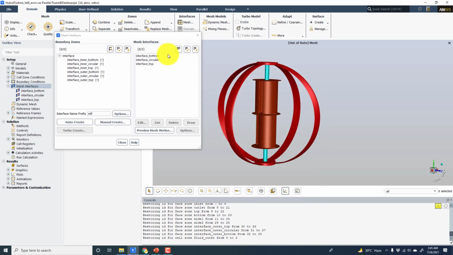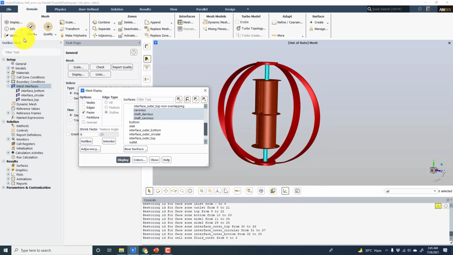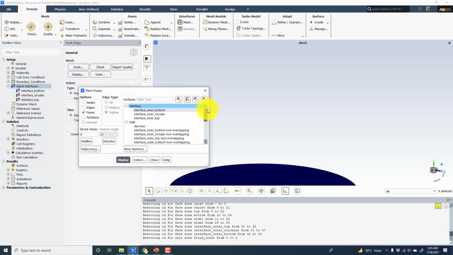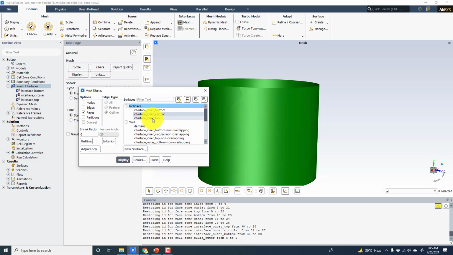I can also show you all these boundaries: interface bottom, interface circular, and interface top.